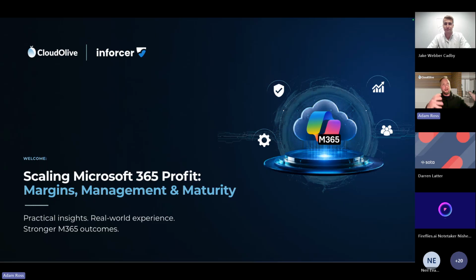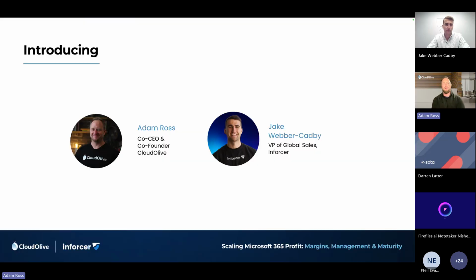So we're bringing together Cloud Olive and Enforcer, who I think tell a really neat story. Most importantly, I think from myself, Adam, one of the co-founders of Cloud Olive, and Jake, the two companies have a depth of understanding and knowledge around Microsoft as a whole and the impacts to MSPs.